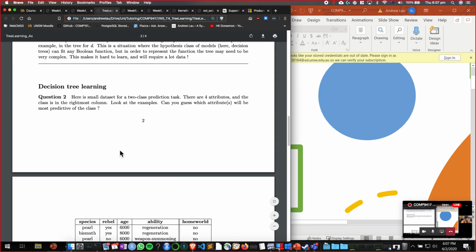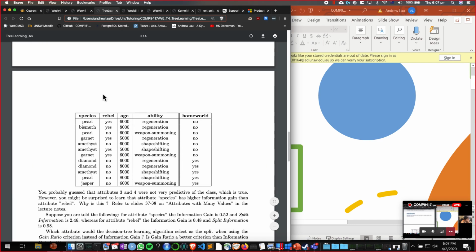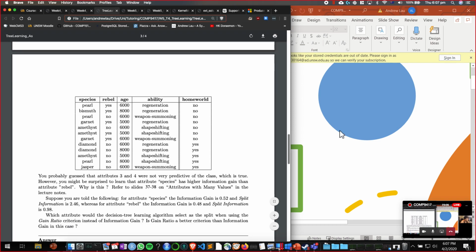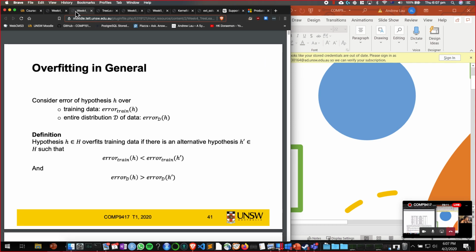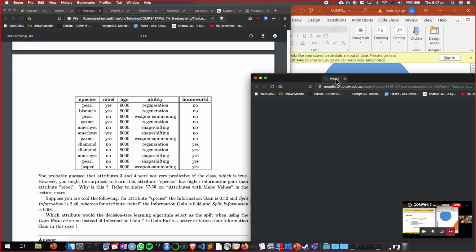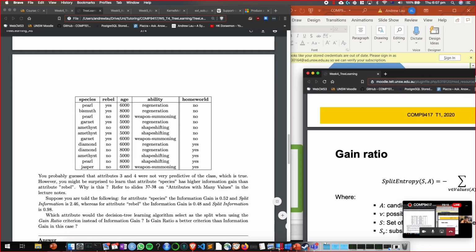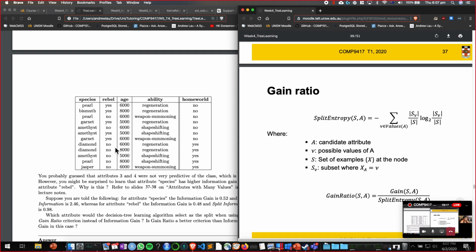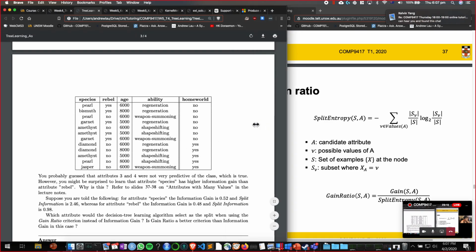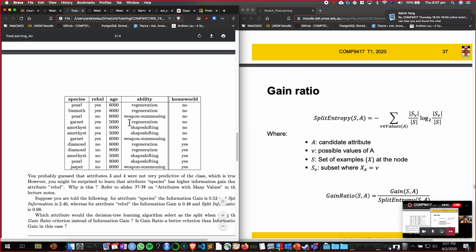It was this one, question 2. They're essentially fitting a decision tree classifier to this data set, and the first thing they do is calculate the information gain. They're trying to work out what to split on, effectively. So they're splitting on